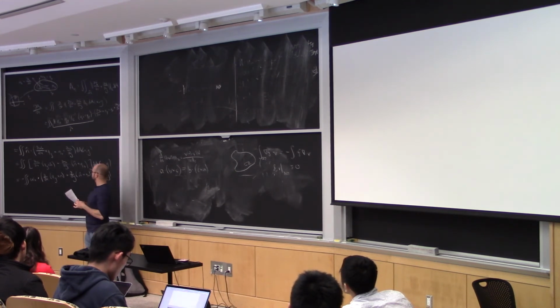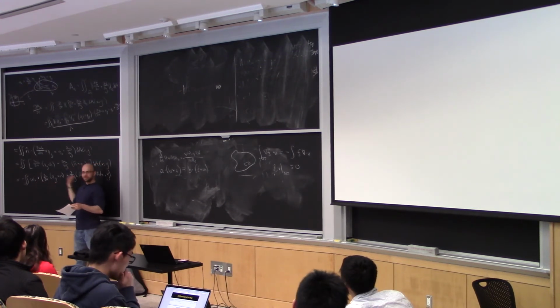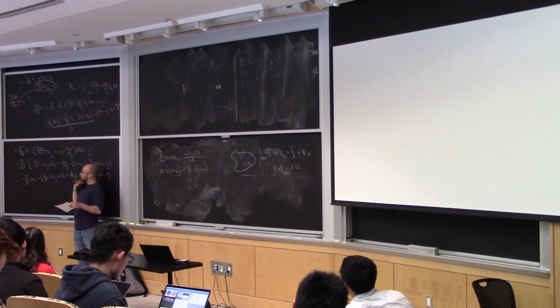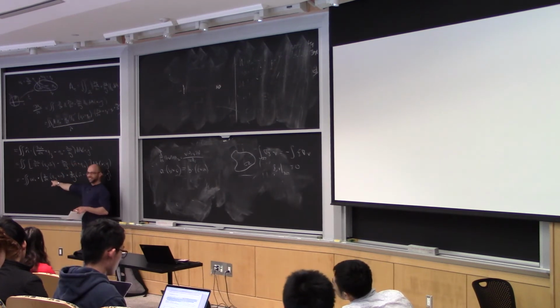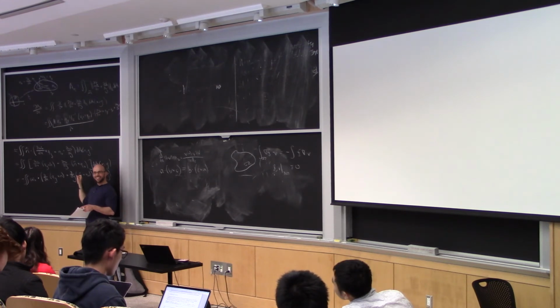So let's sit for a second and bond with this spiritually, okay? What just happened? I took the gradient off of the W and I moved it onto the other term. I used to have something that looked like a dot product with a gradient, right? Because I have two components, they're multiplied and summed. And now I have something that looks kind of like divergence. See, there's d over dx of something plus d over dy of something else. So hopefully you can intuitively see where this is coming from.